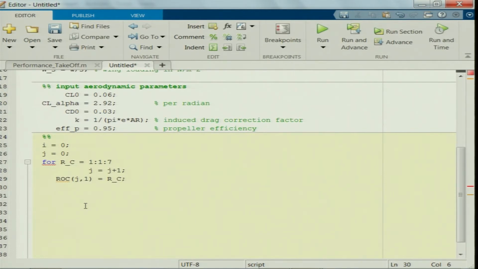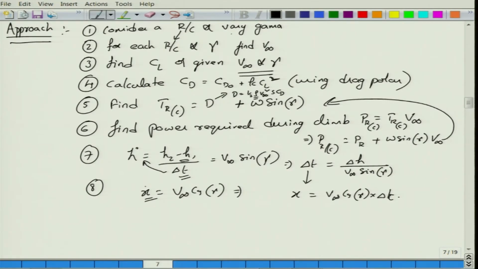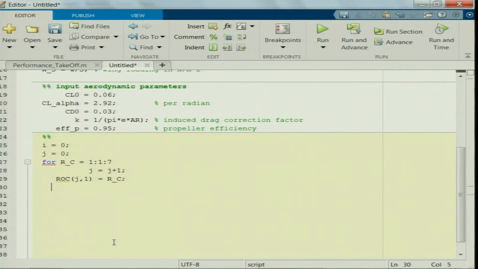Now, for the first iteration it takes a single value of ROC, that is 1 here. Once I have considered rate of climb, according to our approach, we need to vary gamma. So, this value has to be varied here. To do that, I am considering another for loop, because I need a loop to vary that parameter.